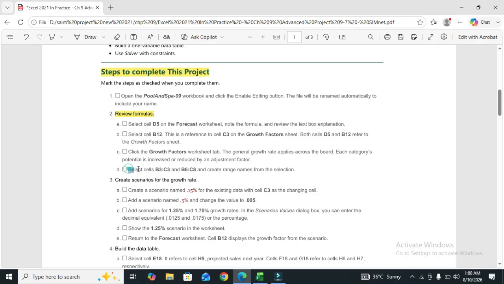Part D of this step is select cells B3:C3 and B6:C8 and create range names from the selection.